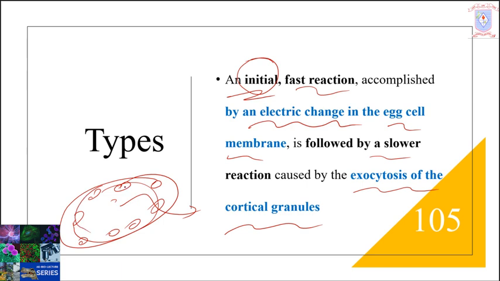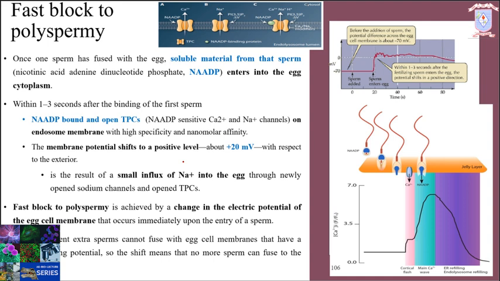So only the chemicals from the cortical granules are released into the perivitelline space and make the membrane more rigid. So let's discuss the first block to polyspermy in detail. This block was subsequently identified in many monospermic animals, including both vertebrates and invertebrates, by intensive investigations for 4 decades. And although fertilization signaled